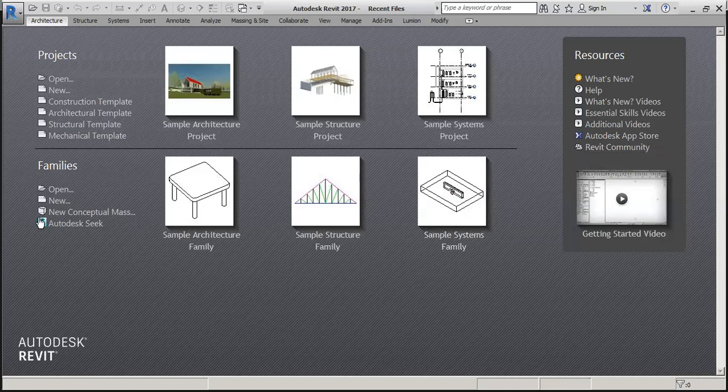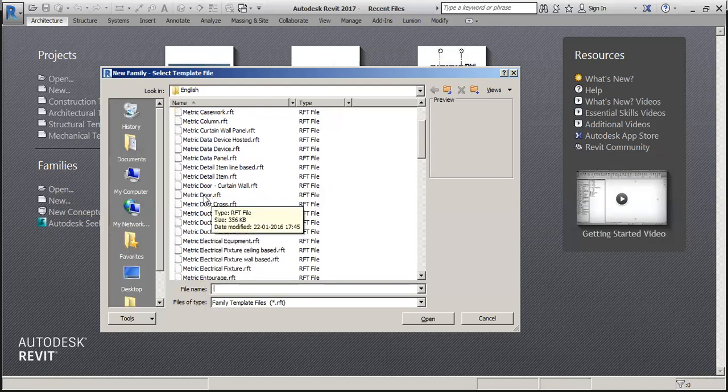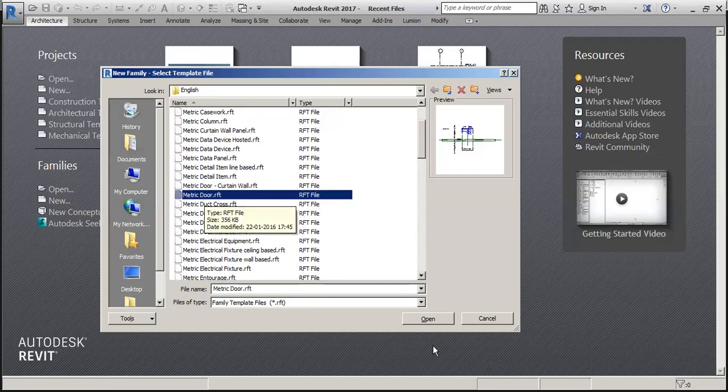So we will go in the family and we will start new, and in new family we will go to metric door and we will open it.